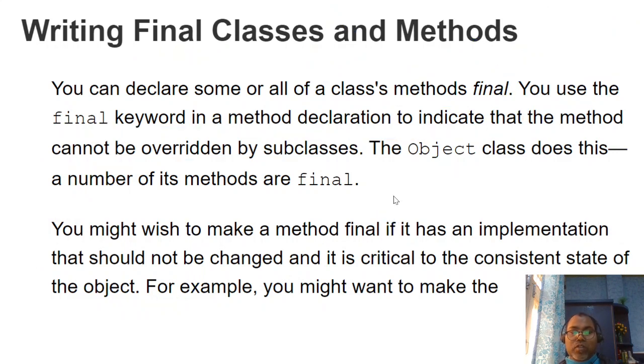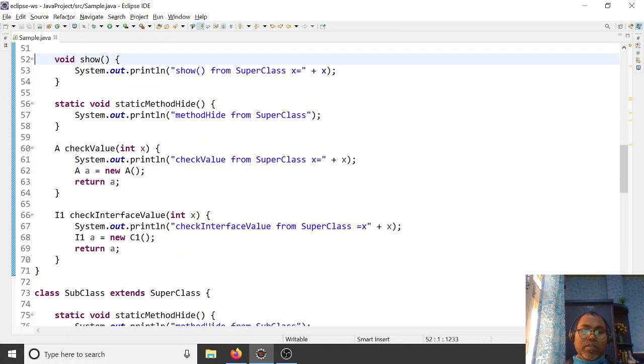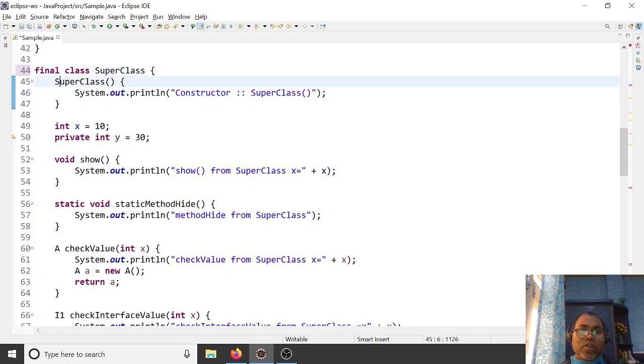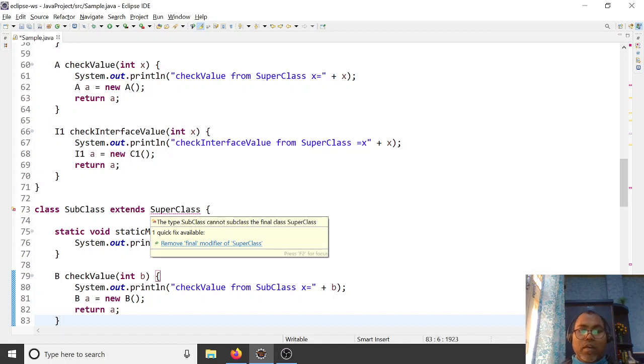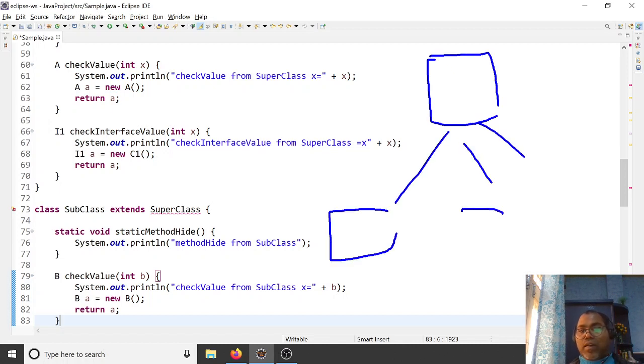So here, let's say in the superclass you declare it as final. In the case of final, you cannot extend. So the subclass cannot be a subclass of the superclass. Here the compiler does not allow you to create a subclass. Sometimes you want that no class can make a subclass of your class, that it cannot have any child class. So you just declare this class as final.